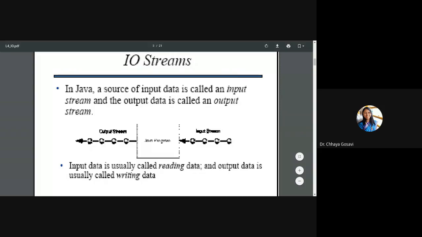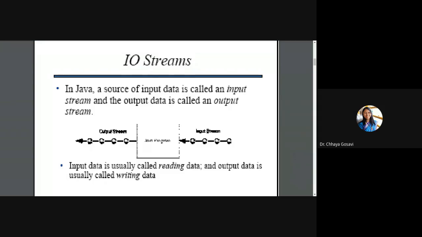This is your user program, and you pass some input through a keyboard. When I type input, say 10, 20, that is called an input stream. It is reading from a keyboard, or it is called reading data. So your program is reading data from a keyboard, will perform some operation and will write data on a terminal. Terminal means your screen. You are getting output on your screen, and that is called output data. Output data is called writing data. So these two terms, reading data and writing data, are called input stream and output stream. These things should be clear. Input means reading data, output means writing data.